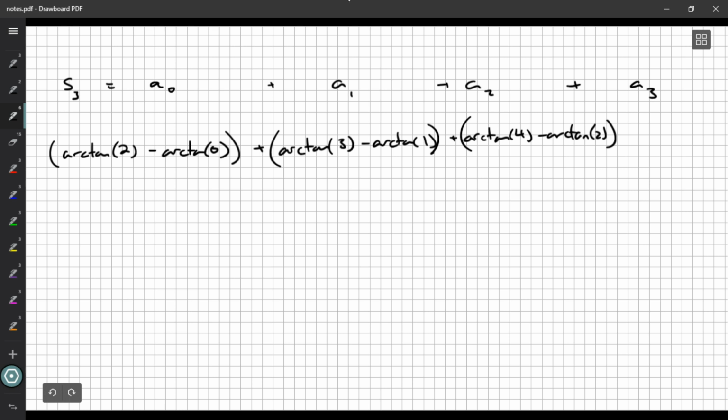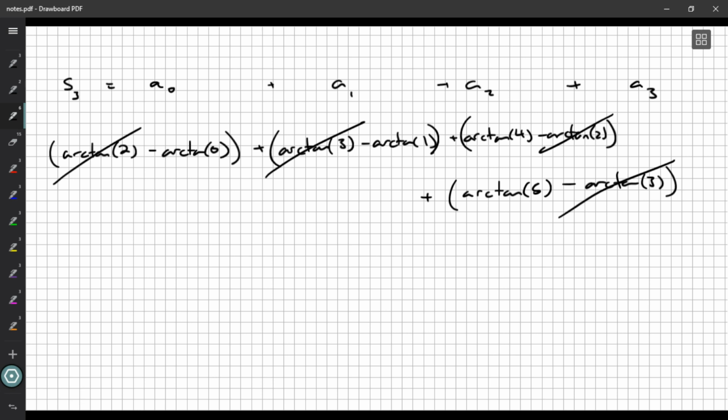That's a_2. We'll put a_3 down here: arctan(3 + 2), which is arctan 5, minus arctan 3. You might notice there's a minus arctan 2 and an arctan 2, an arctan 3 and a minus arctan 3 here. Things are canceling out, so we could naturally ask,